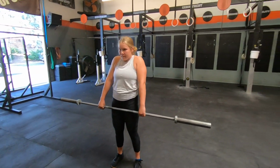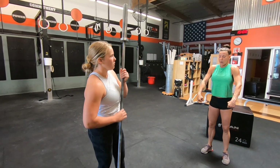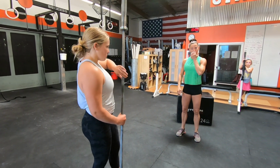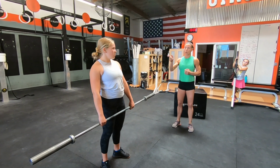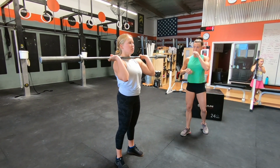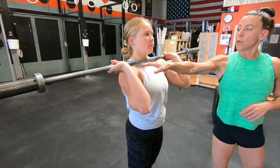Okay, so that's a nice hit. All right, so now we're going to think about jumping up and moving that bar up into a racked position. Let's go to the rack position and just take it up there so we can see a good position. When we finally get up here, we want